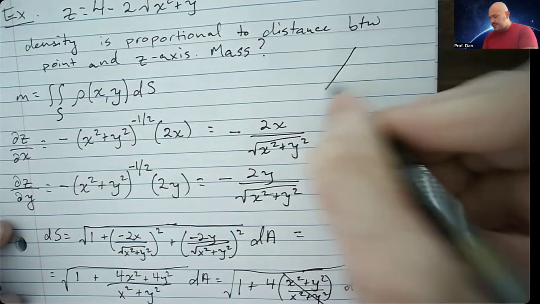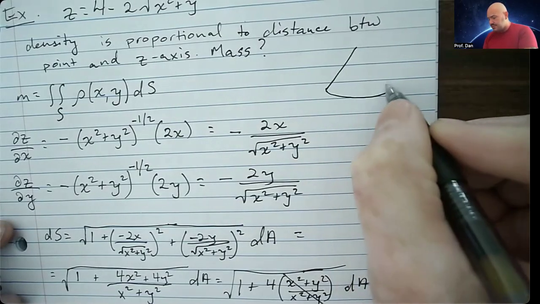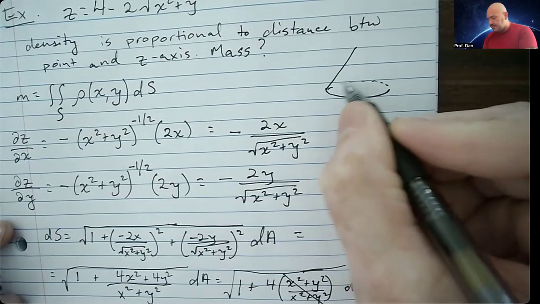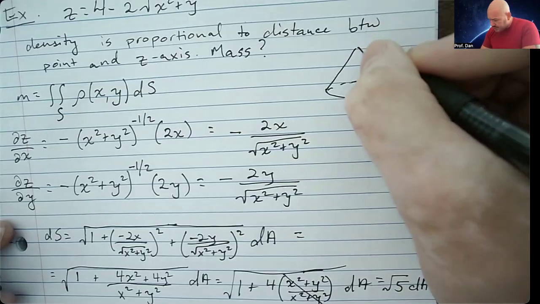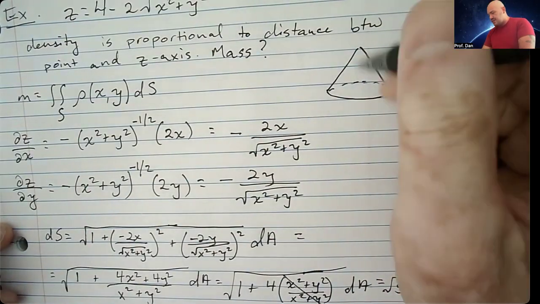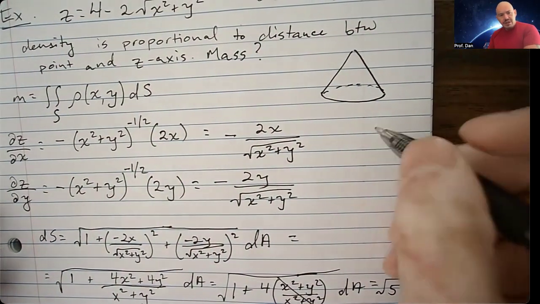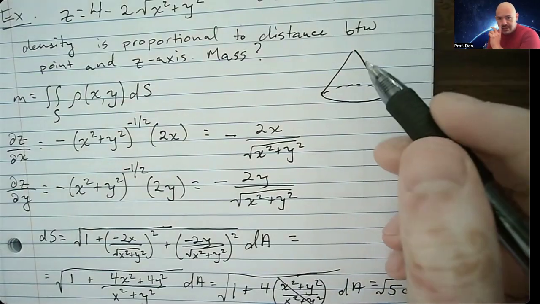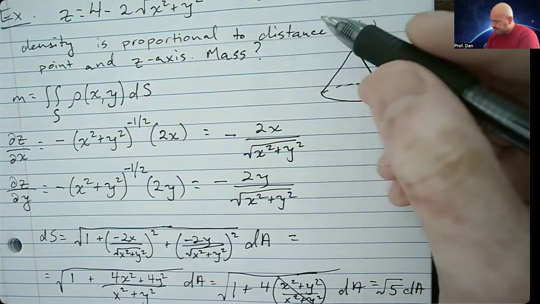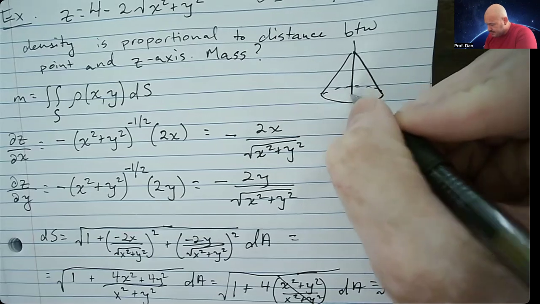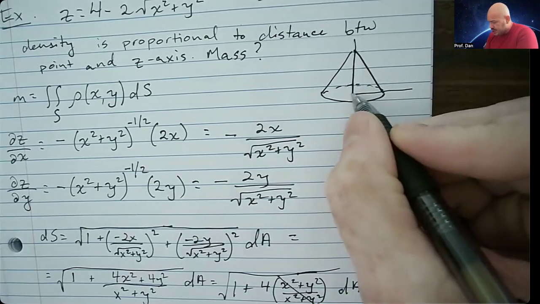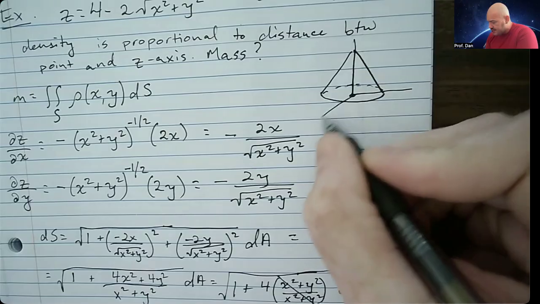And if our shape is a cone, I'll try to make the best cone that I can. And it's a little off center. All right, but anyway, if my surface is a cone, and this marked point here is the origin,